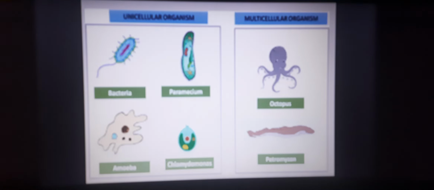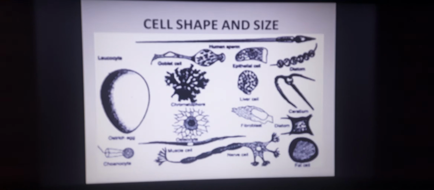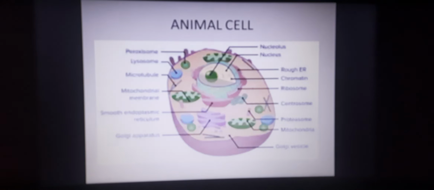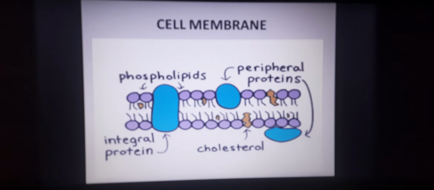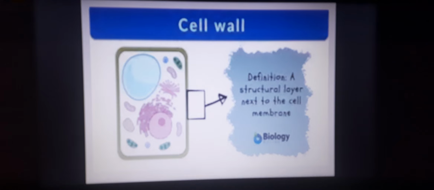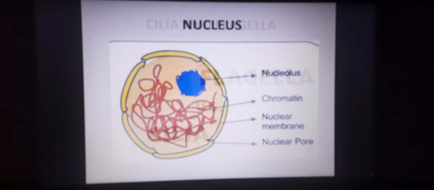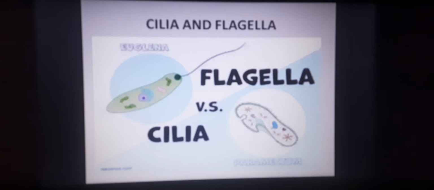These are the unicellular and multicellular diagrams, cell shape and size. Then animal cell, plant cell. Then the cell membrane, cell wall, nucleus, cilia and flagella,